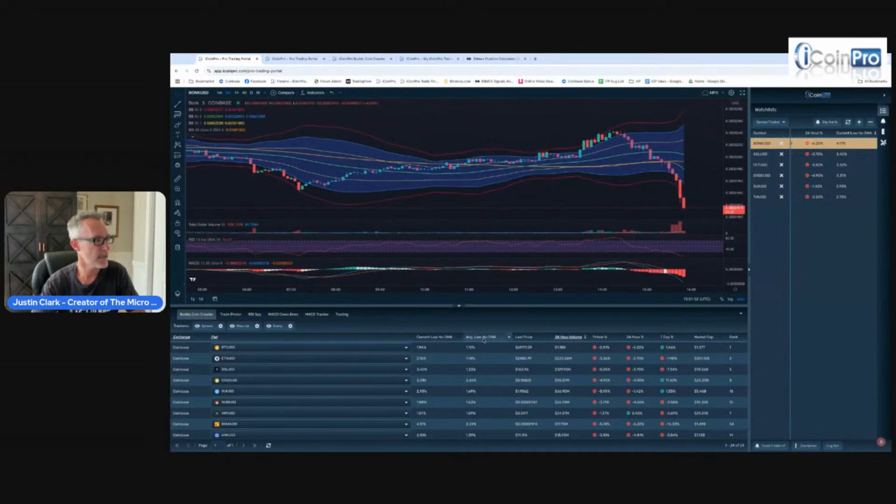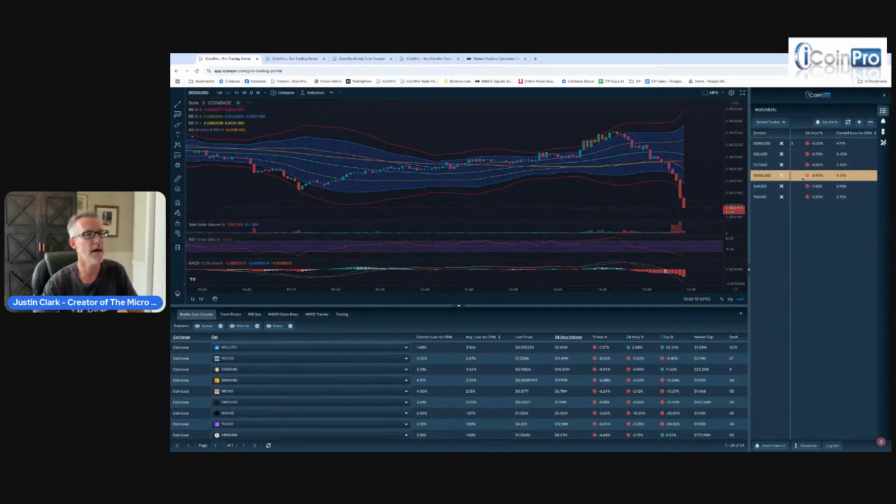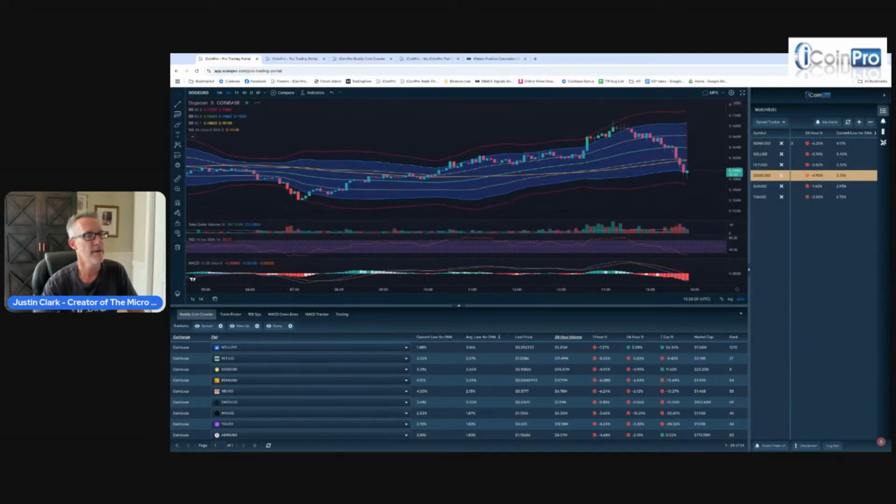So we come down here to our Buddy Coin Crawler software, and I'm going to sort this. And it's looking like we've got FET, Doge, and Bonk. Those are going to be the three. Right now, Bonk is obviously leading the charge with a big dip. So we're going to have to see how far that wants to dip and make sure it follows our pattern. But I'm going to be keeping an eye on that. So FET, Doge, and Bonk are looking like the ones that we want to keep an eye on today as far as our buddy coins.